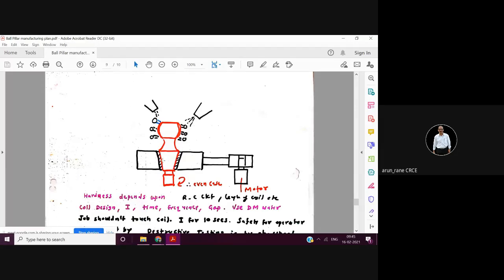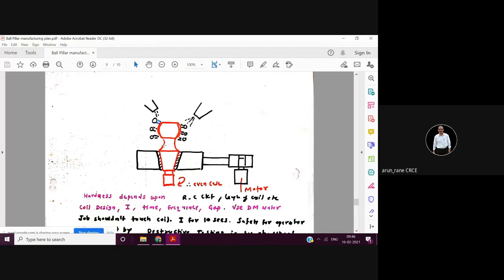And then this is a kind of a bush in which there is a felt, in which you can load the component from the top, and this bush is connected to a coupling to the motor. The moment the motor rotates, this will rotate, and then this rotates, and then finally your component will rotate. Your component has to rotate in order to get an even case depth. So here the locating surface will be this taper, and you can have centers here and here. All right, and that becomes your holding and clamping surfaces.